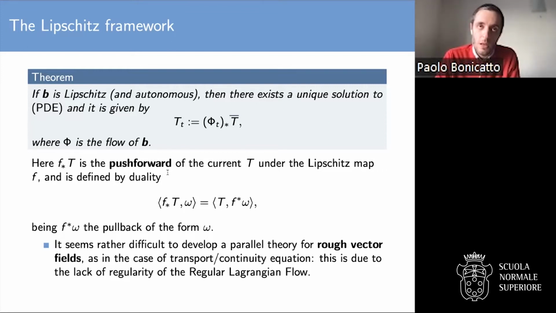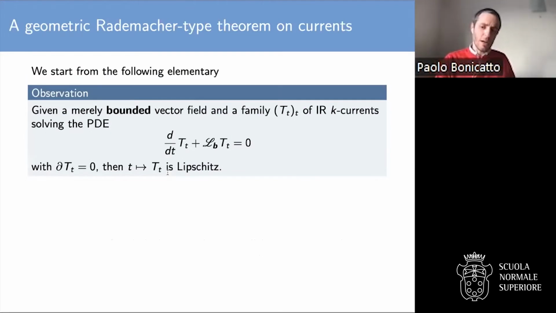situations. Nonetheless, I'd like to point out that there are a couple of interesting questions that one can still pose on this equation and would like to investigate, and that's precisely what we are going to do right now. And I'd like to tell you about this Rademacher type theorem that we have found. The Rademacher theorem stems from the following elementary observations that one can make. And that's indeed rather easy.